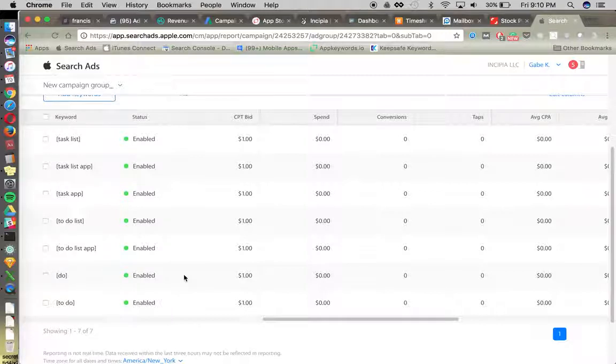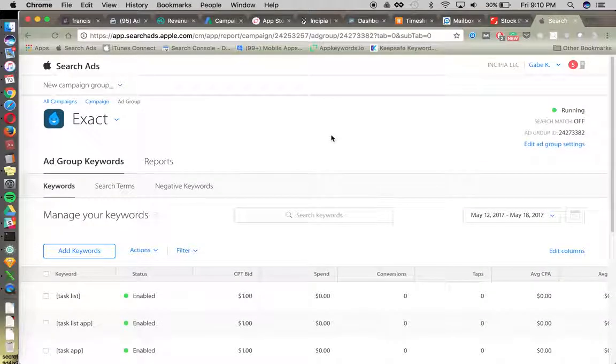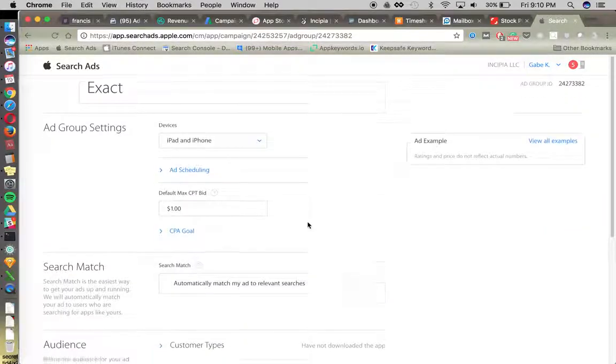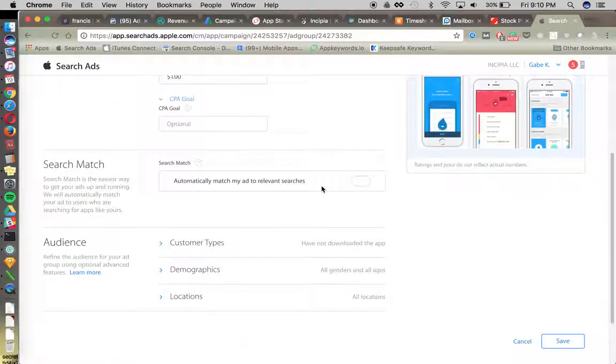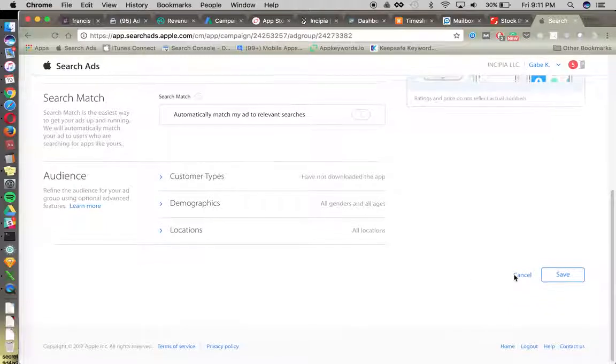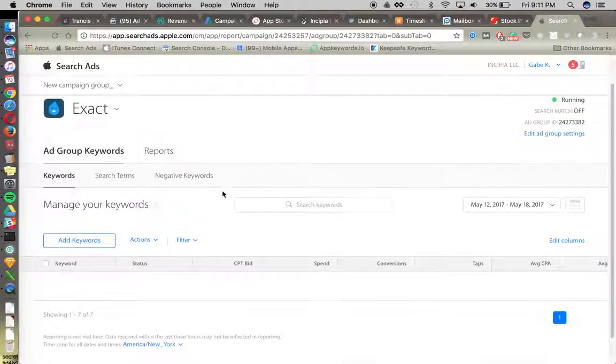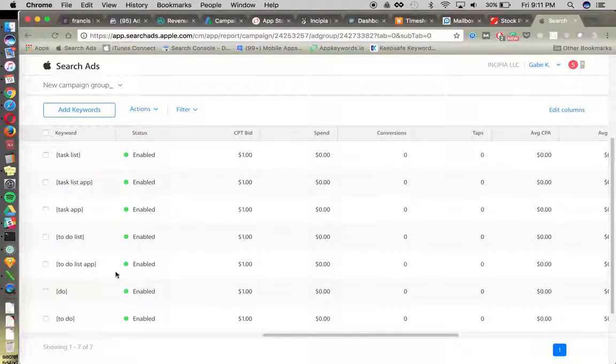So how do we bring the CPA for these keywords back in line? So one important thing to note is that for exact match, we don't have a CPA goal set. So we're not throttling the impression share of this particular ad group. And what we're going to do in order to improve the performance for do and to do is to pause these in the ad group where they sit now